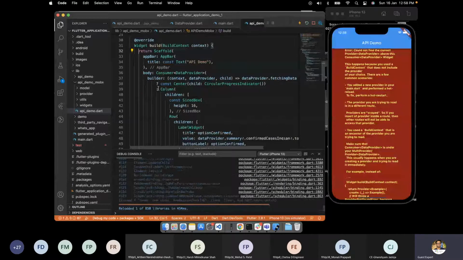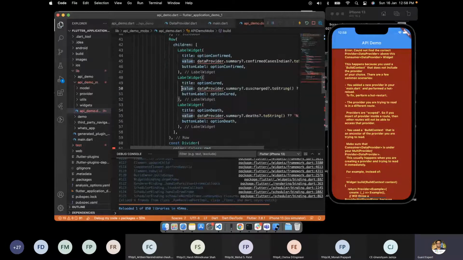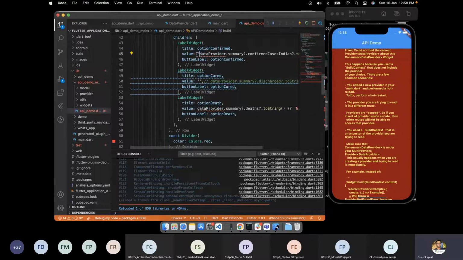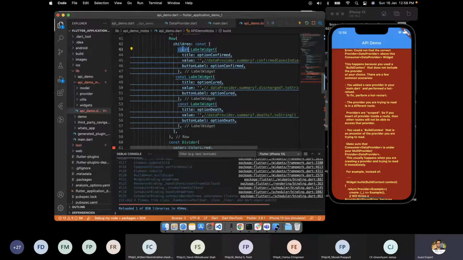So we will remove this provider stuff. Remove provider. Simply right now I'm just putting the value here as empty. Same thing we'll put here, with the const, and empty. It says put the const here. It's better.